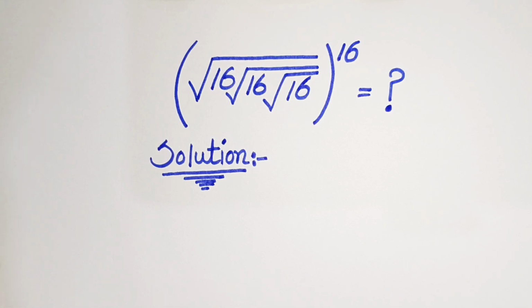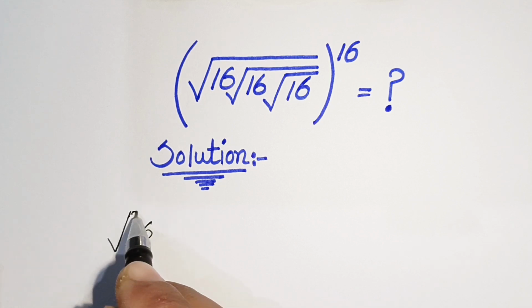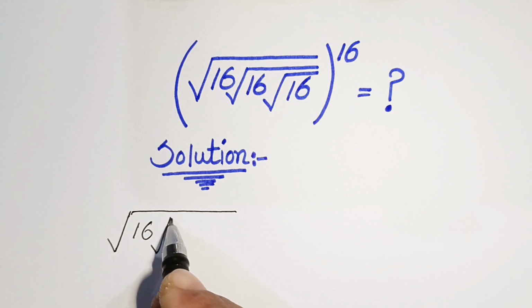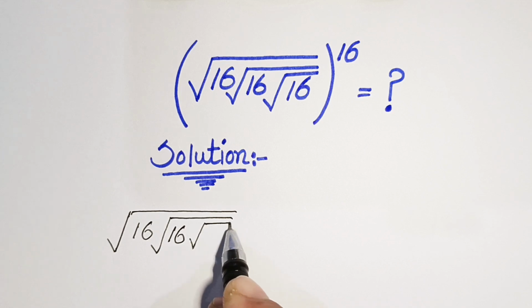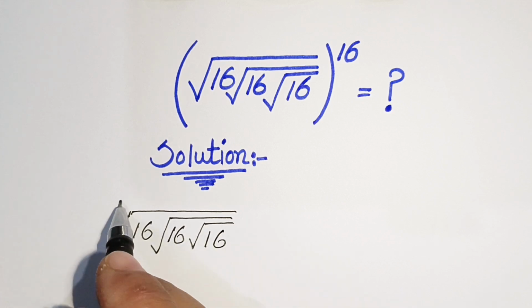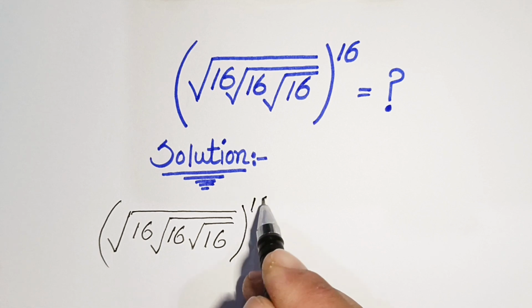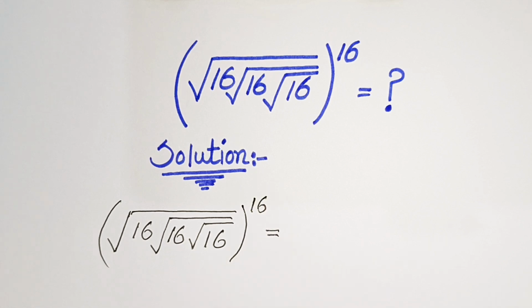Today we have a nice simplification problem: the square root of 16 times the square root of 16 times the square root of 16, all to the power 16. So we have to simplify this. Now starting our solution, that is square root of 16 times square root of 16 and again square root of 16, whole to the power 16, is equal to,